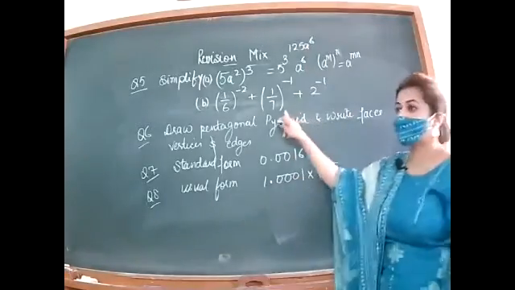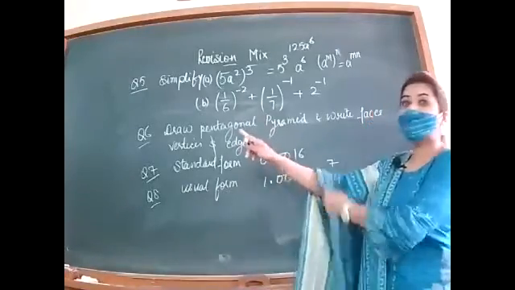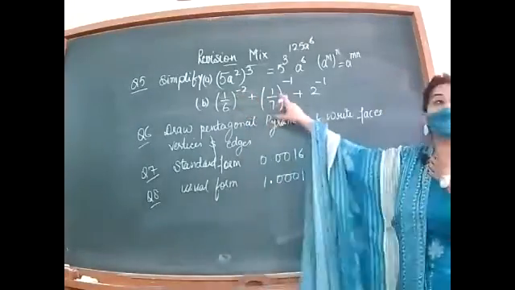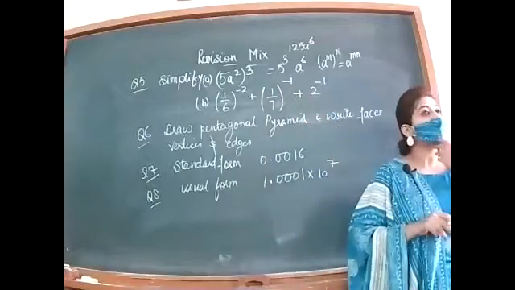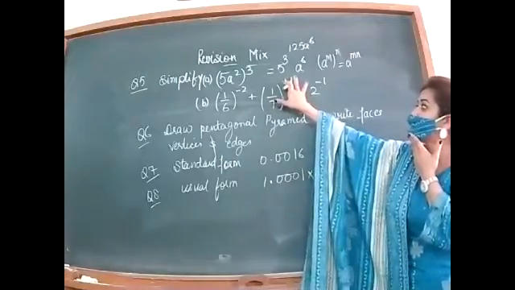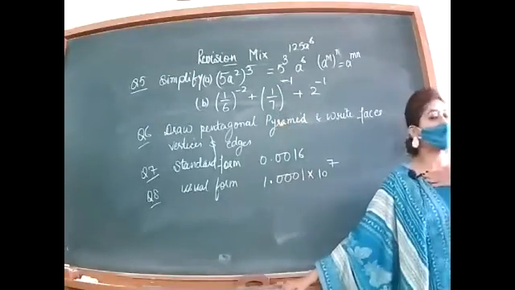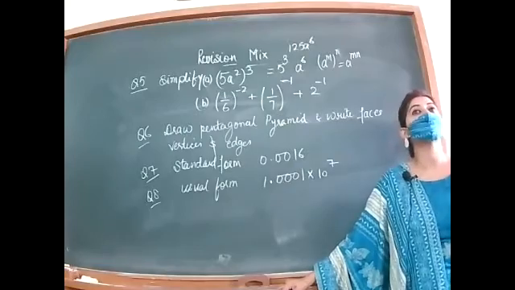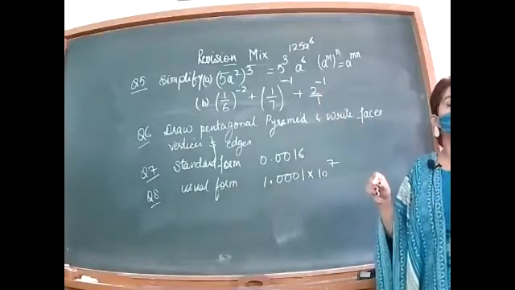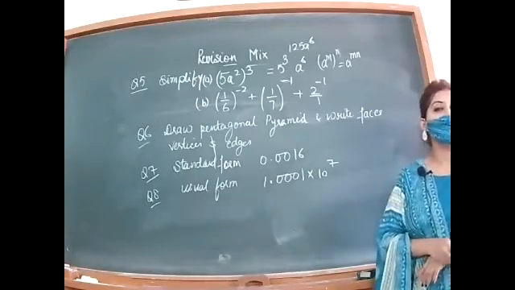Got it? Next, in case of negative power, what you will do? Reciprocal of 1 by 6 is 6 by 1 raised to power 2. 1 by 7 reciprocal is 7 by 1. Why we are making the reciprocal? Power negative. If power is positive, then no change will be there. You will write it as 1 by 7. But negative is there, so make the reciprocal of 1 by 7. It will be 7 by 1 raised to power 1. This is 2 by 1 and 2 by 1 will become raised to power 1. Solve this and tell me the answer. Hurry up.